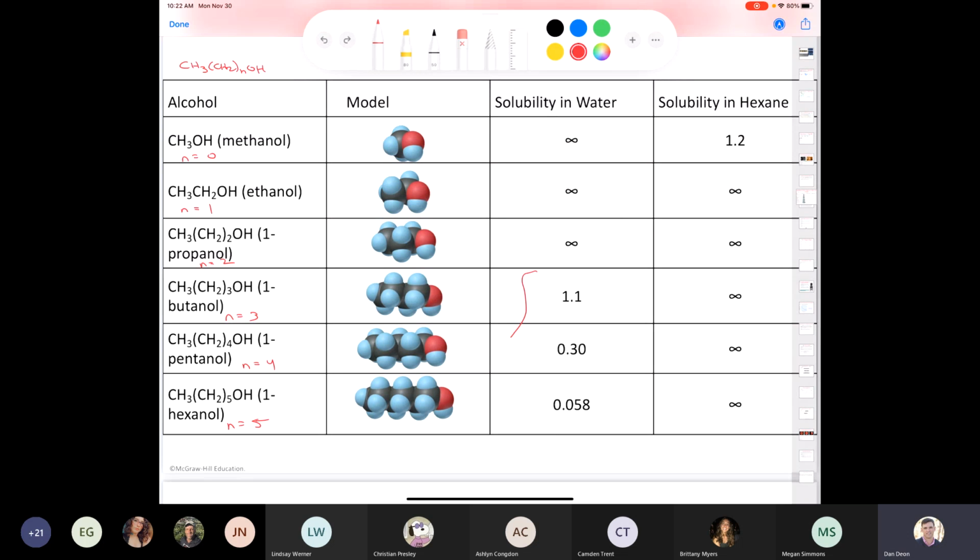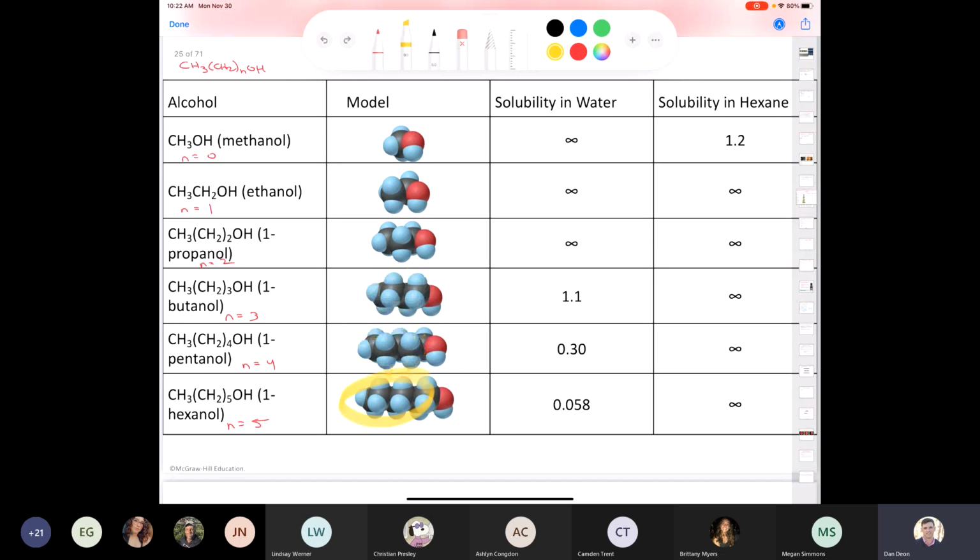n equal to 3, 4, and 5. You see that the solubility in water decreases. Why? Because the hydrocarbon portion is getting bigger and bigger, and the hydrogen bonds just aren't strong enough to overcome all of the nonpolar portion, which is